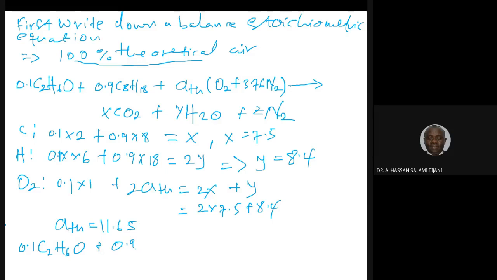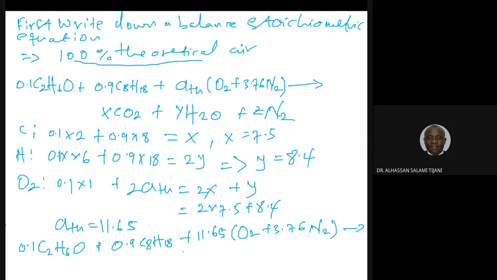So we have 0.9 times C8H18 plus, now we know the theoretical amount of air, which is 11.65, then oxygen plus 3.76 of nitrogen. Okay, so eventually we'll have at the product side,